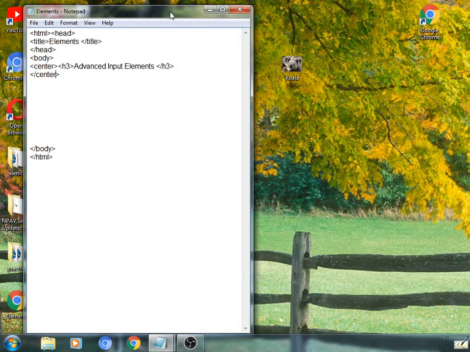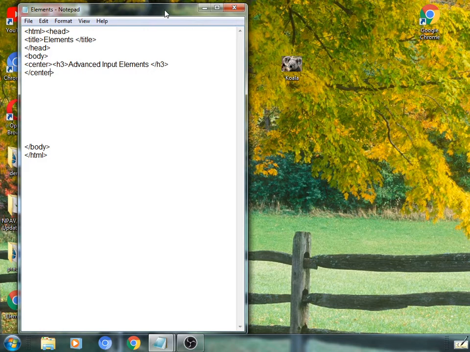Hello students, in the last lecture we have seen some of the advanced input form elements such as color box and number box.